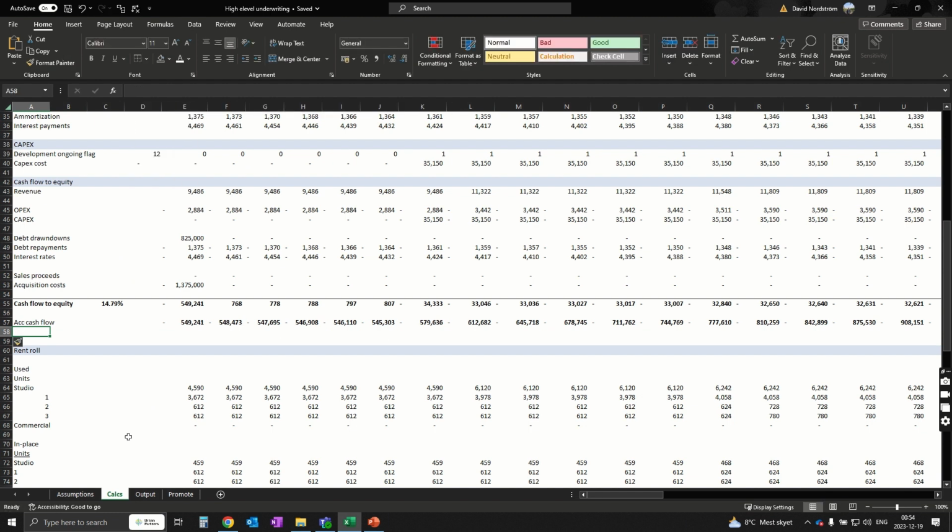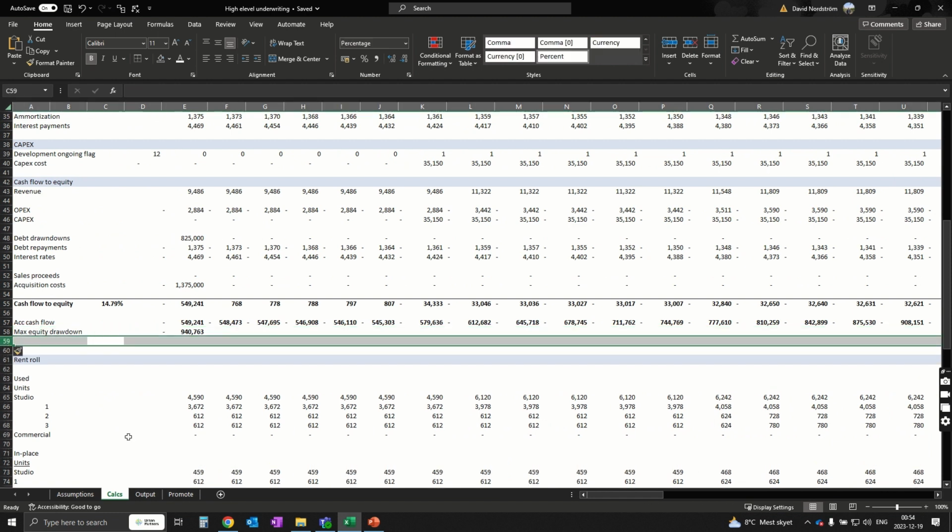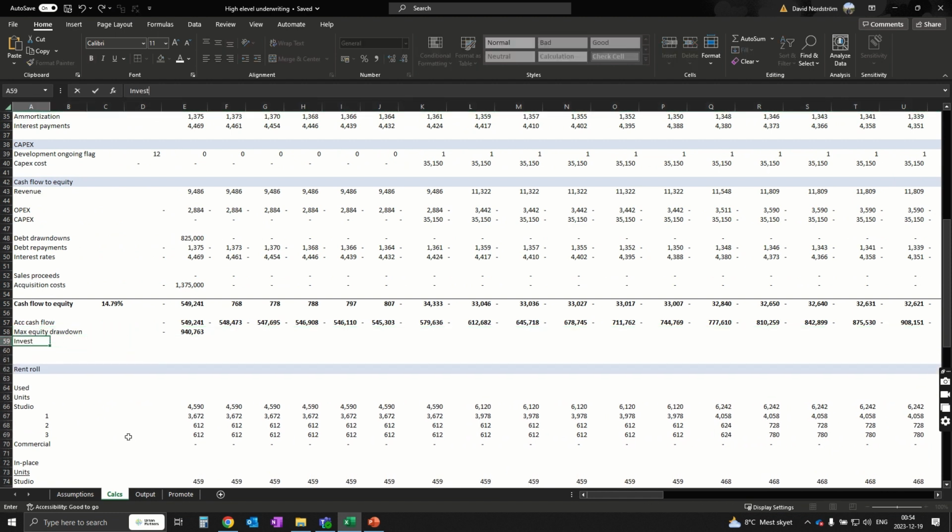So equivalent cash flow, max equity drawdown. Here we got the min of all of the max equity cash flow. So we know it's 940. And if you got some investment management fees, you'd base it on this here, maybe a flat percent, 1.5% a year. But no, we're not having any equity management. Okay, so we'll do a multiple on capital. I guess here is the IRR. Let's do multiple on capital,